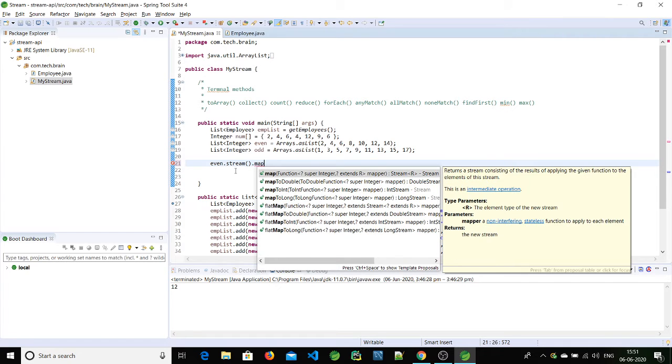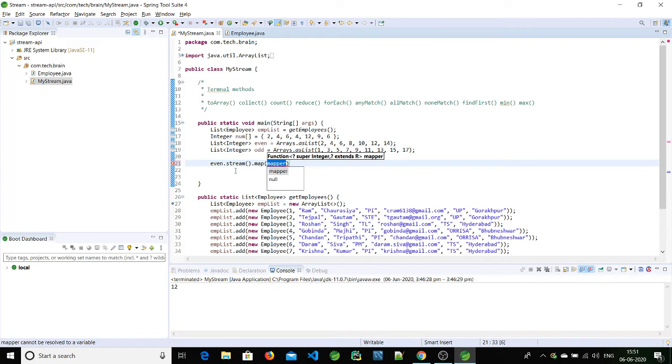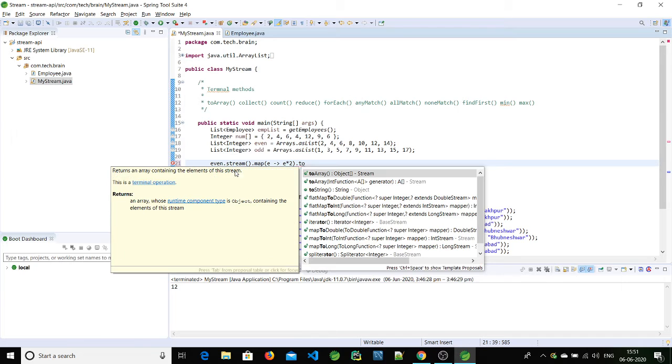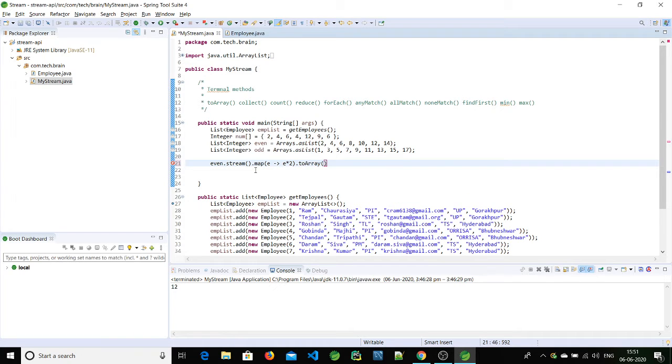Let's map, and I want to multiply each element by 2, so e into 2. Finally, whatever I got, I want to get the array of all these, so on top of that I'll call the method toArray. This will return an object array, so let's receive all these in an object array.